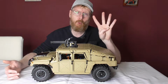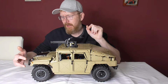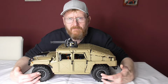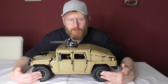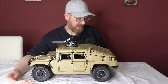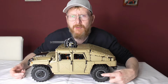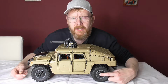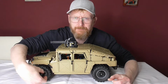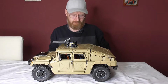You need additionally 4 of the 3-length axles, or perhaps 12. 8 here for the front and 4 for these caps here on the rims, because at the moment they are fixed with the 2-length axles and they fall apart easily. If you move it to the side, they fall down. You see here it's gray instead of black. I inserted here a 3-length gray one, and this one is the only one that holds. All the others, well, this here holds too, okay. But this here, if I'm looking wrong,